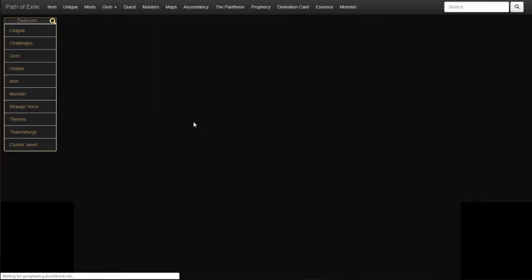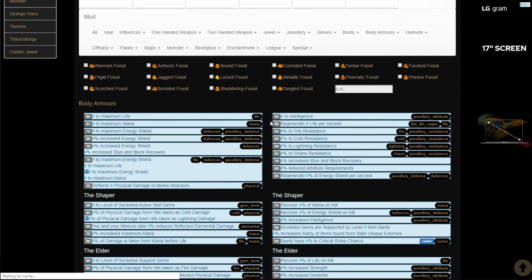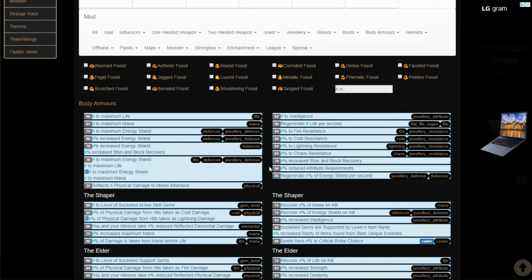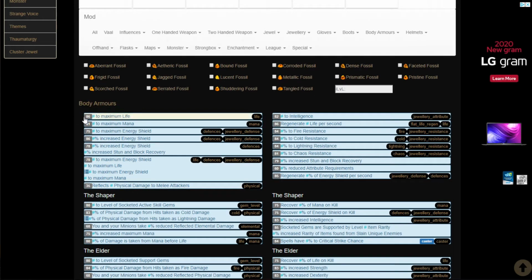So if we click on that, what it'll do is it'll give us a list of prefixes on the left and suffixes on the right that can roll in our base. And our base doesn't have any influence, so we really only need to look at these mods right here. And for right now, what I'm really concerned with is this number here along the left. And these numbers are going to tell us the minimum item level we need to hit the best rolls possible